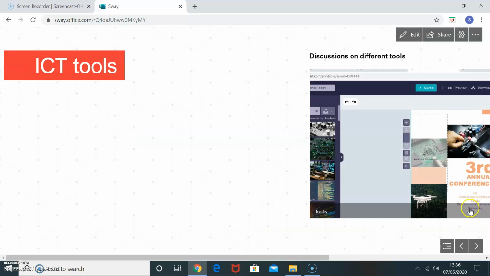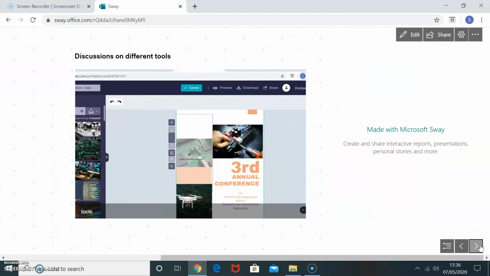If you just play, you could see that in normal Microsoft PowerPoint, the slides come in a vertical way, one after the other. Here it will sway like a horizontal one. So you can click, this is the title. I can explain the image. I can add one more text here, and I can focus a point. I did not save it, so it is not focusing. I can focus on a particular image and go to that again. I can explain it. This is how we can use Sway, and you can edit it again.